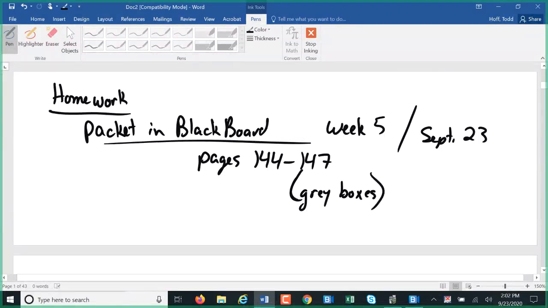Keep this packet handy, save it on your computer or whatever. We're going to use this packet off and on for homework over the next several weeks. There's a lot of assignments in this packet. Okay, that is all we have for material for today. If you want to start on the homework,